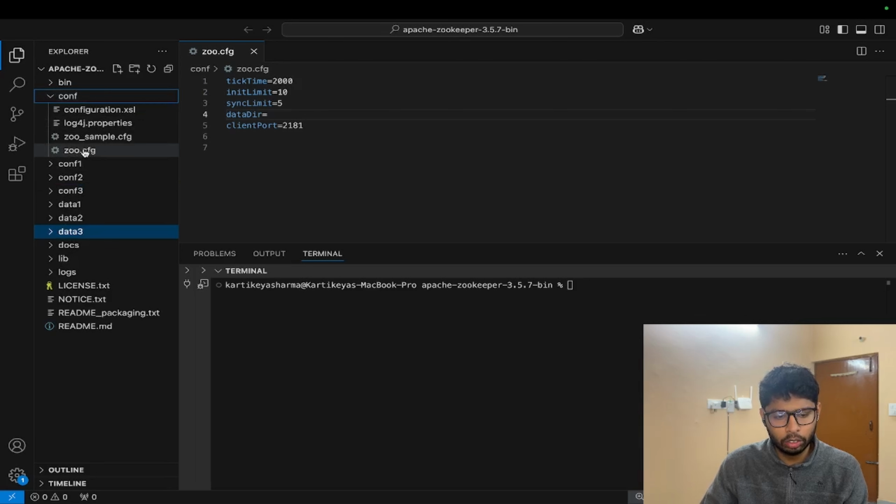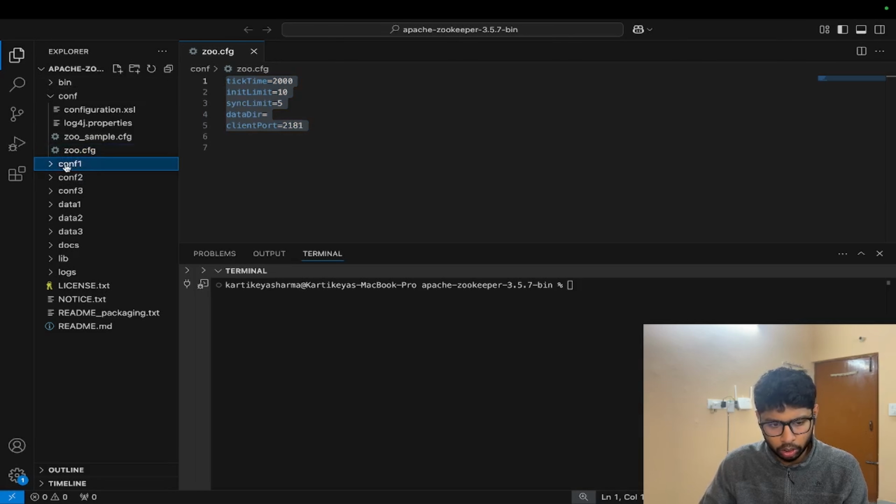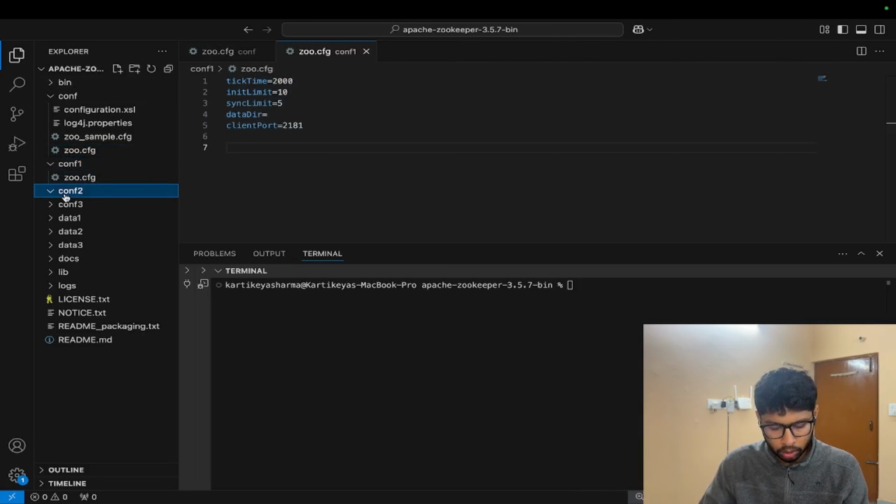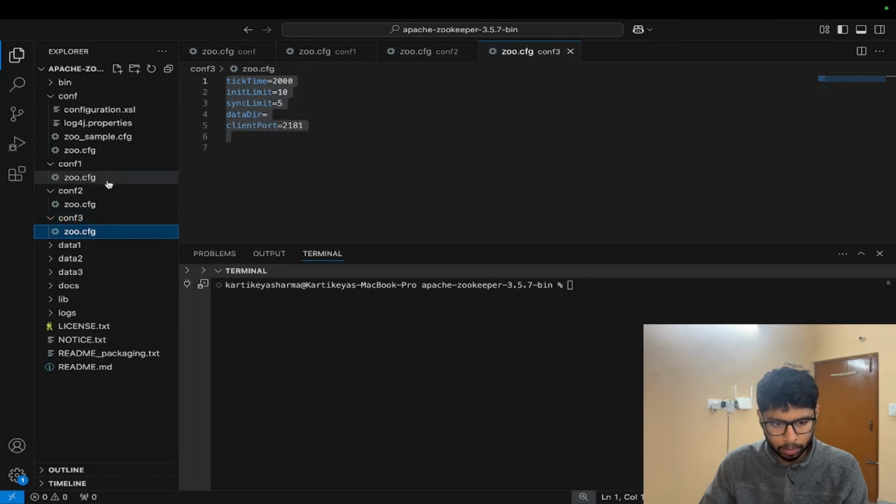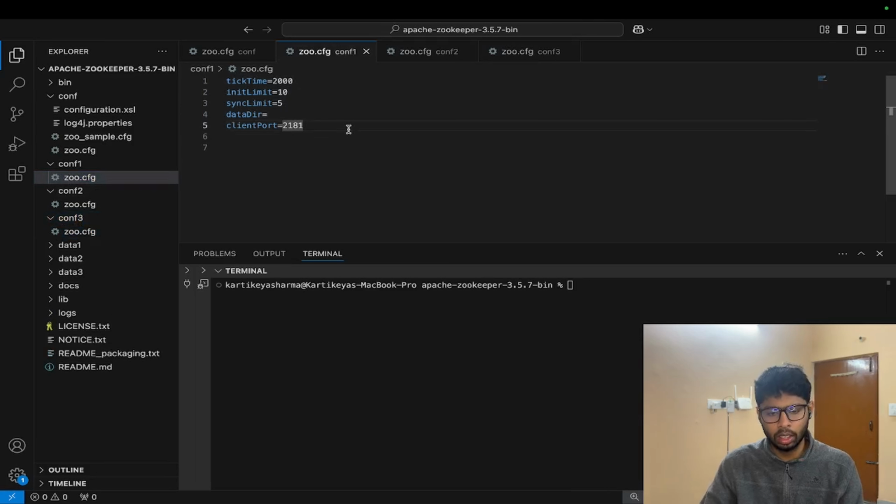This is our normal config folder that is created here. As you can see, it is running on our client port 2181. What we're going to do is copy this file from the config folder to config1, config2, and config3.